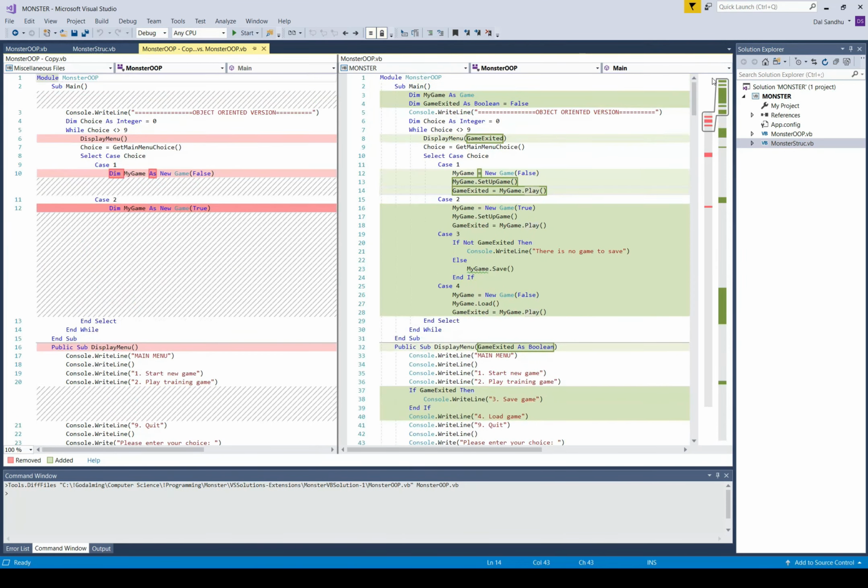An important thing is when we run round this loop, previously we had dim my game equals new game. So it created an object within the block. See, we've got dim my game as new game false. And then when this block exits, so you move on to the next case, or you go on to the end select and then loop back round, this is destroyed because you've put this dim here. You've said that the scope is only within this bit. And so when you loop,